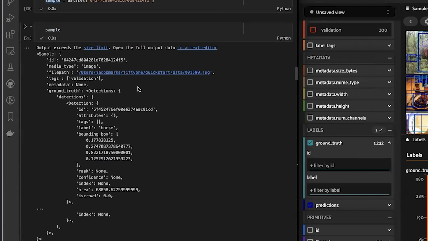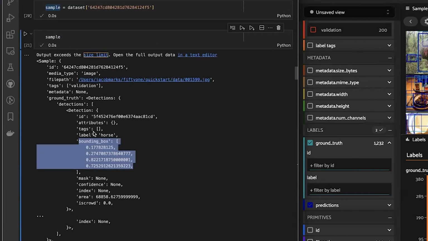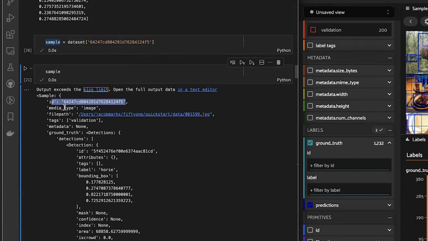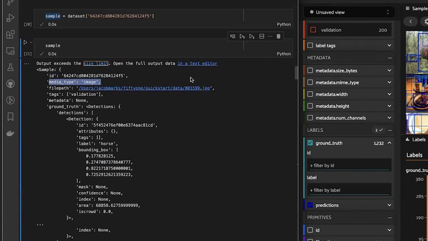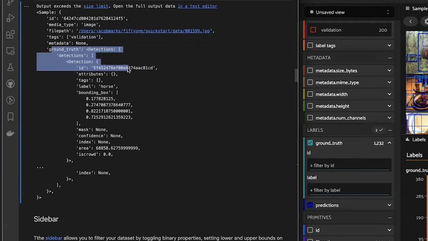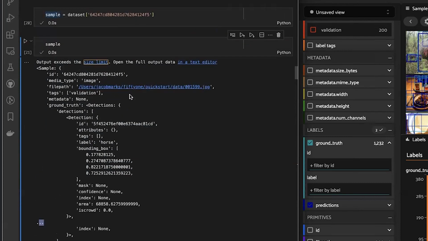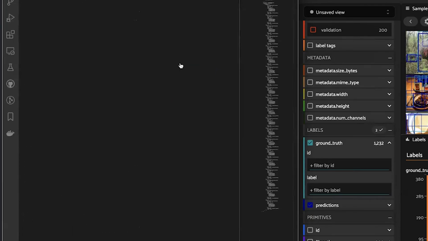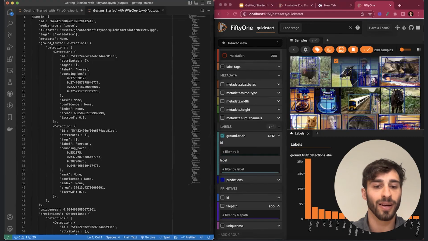We can see a bunch of properties of this, and these are the same properties that we were able to see within the app, although now we can see them explicitly, and we can even see a little bit more information, for instance, the bounding box. So we have the ID, which is what we use to actually extract this from the dataset. We have the media type, which is an image, and that is inferred by the .jpeg extension. It has the tag validation. It doesn't have any metadata. It has ground truth detections, and it's got other stuff which is hidden right now, and we can actually view that if we click to this. And so it's got a lot of detections in it. But if we go back,